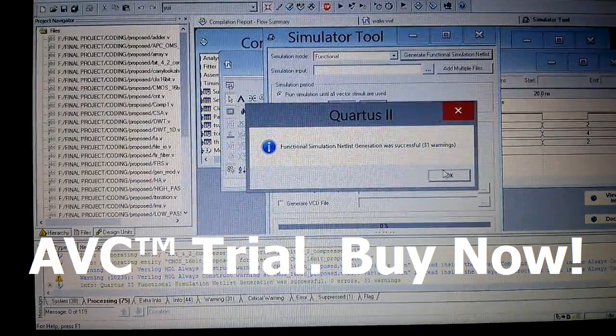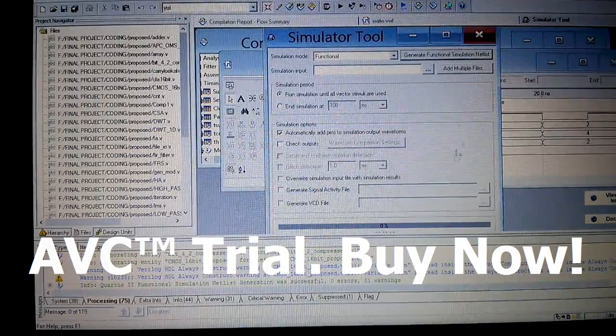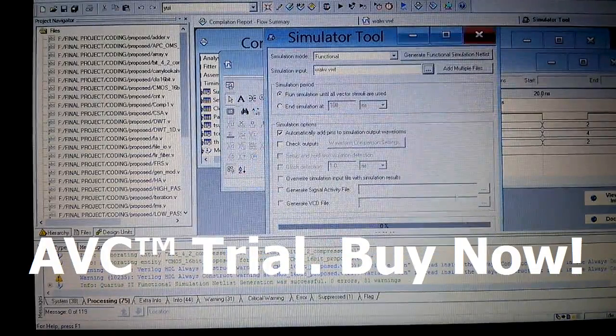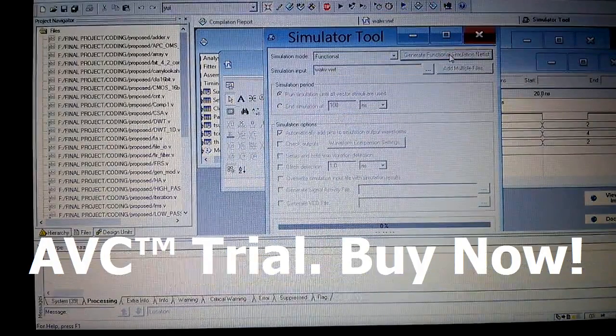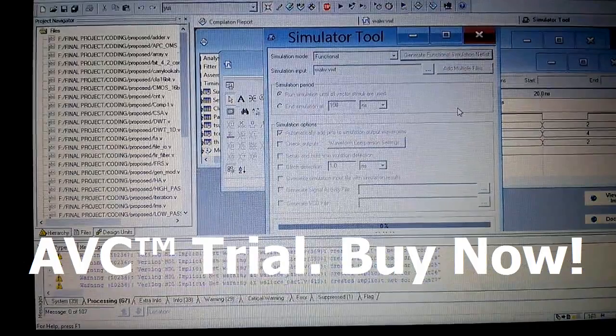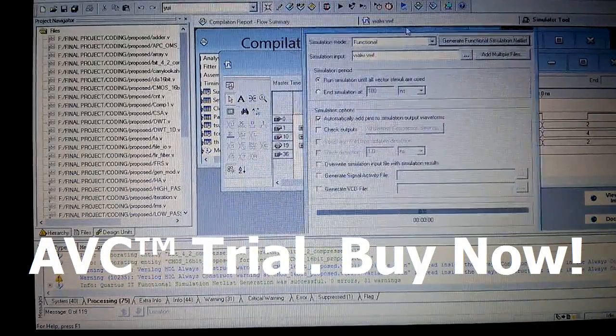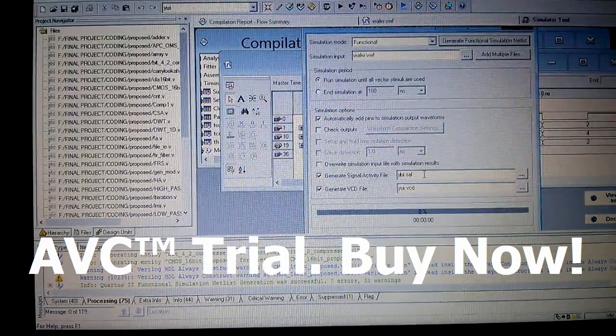And this is how the compiling takes place. Then we have to browse for the file name which we've already created. Then the corresponding waveform is generated. The extension is saved as SAF and VCD.